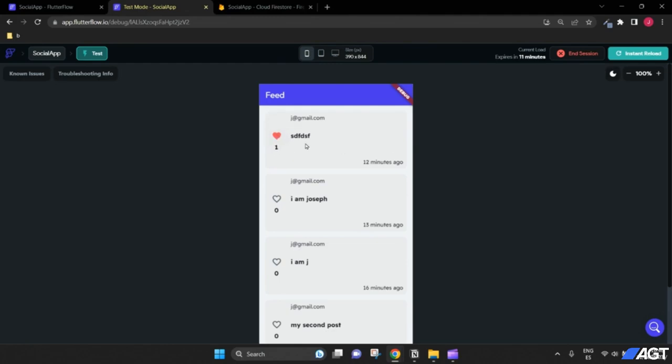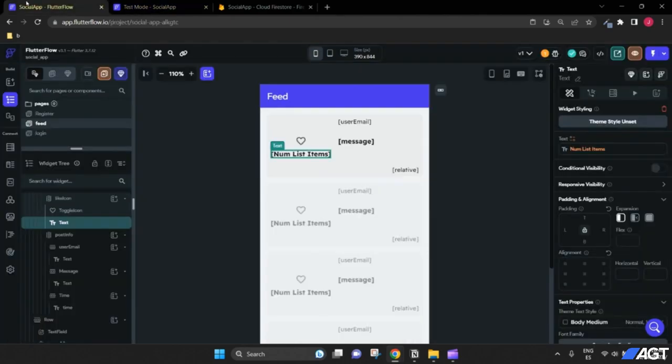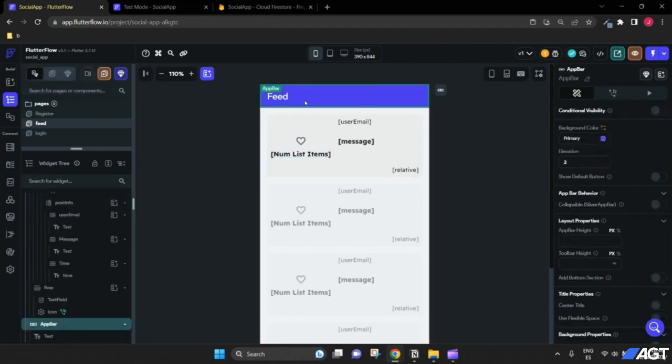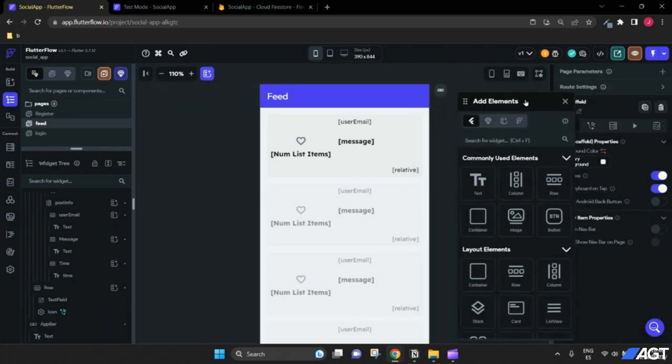But one thing that I don't see here is a way for us to log out. So let's create a way for us to log out. To log out, we need a button here that allows us to log out. Let's do that really quickly. Let's select the app bar, and click this button where it says open a floating widget palette. And inside here, we're going to look